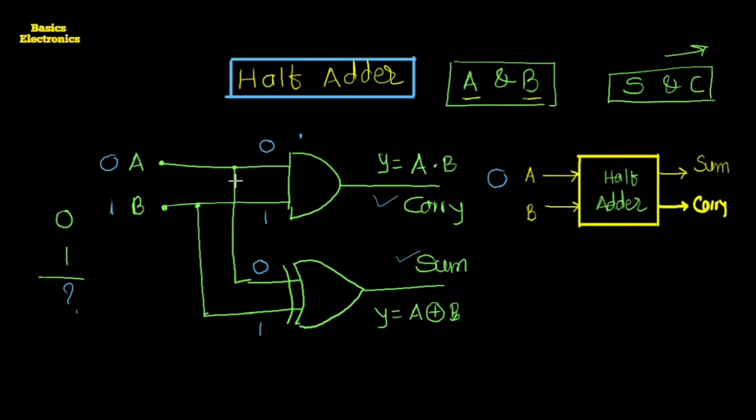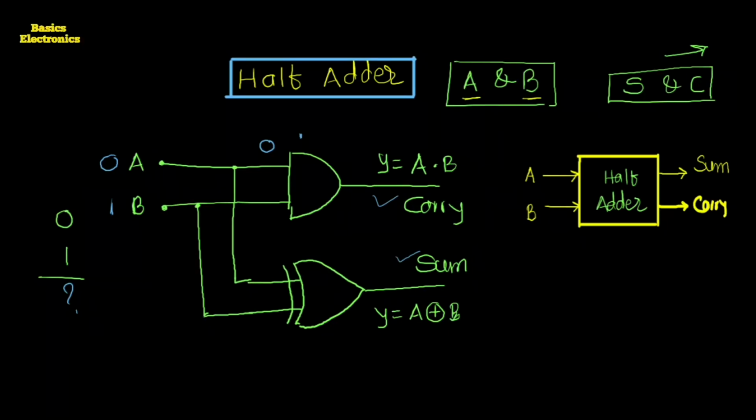As of now, the XOR gate has different inputs, 0 and 1, so it produces the output equal to 1. So the half adder, which has the inputs A equals 0 and B equals 1, produces sum equals 1 and carry equals 0. If we apply different inputs,